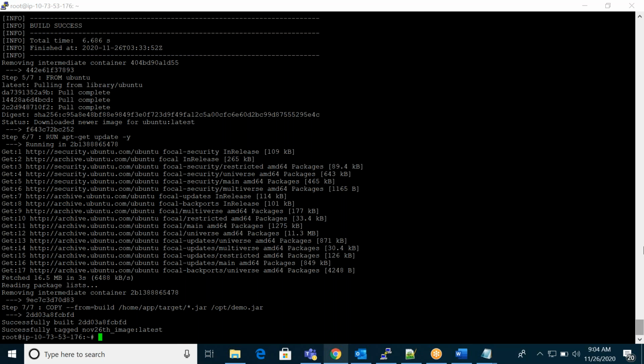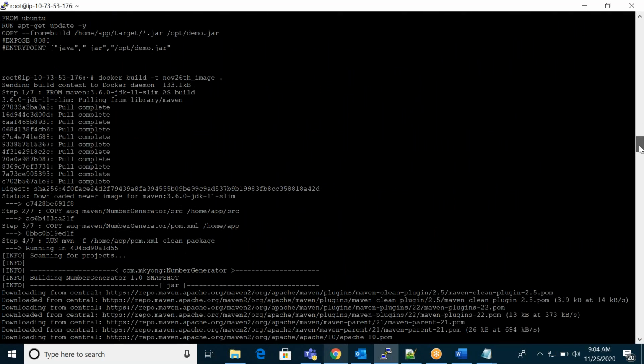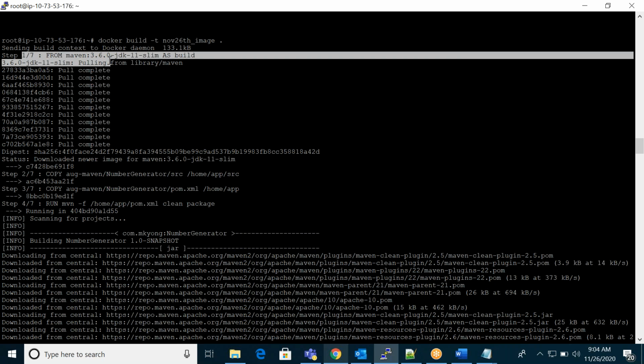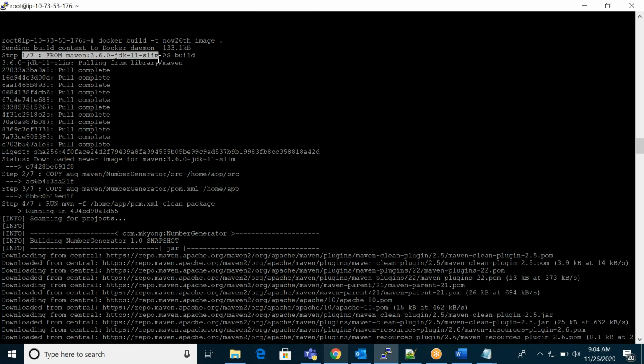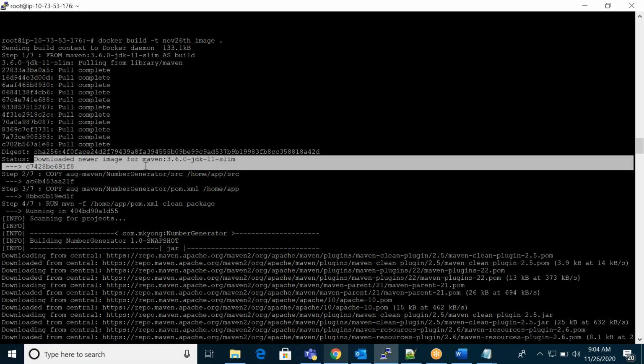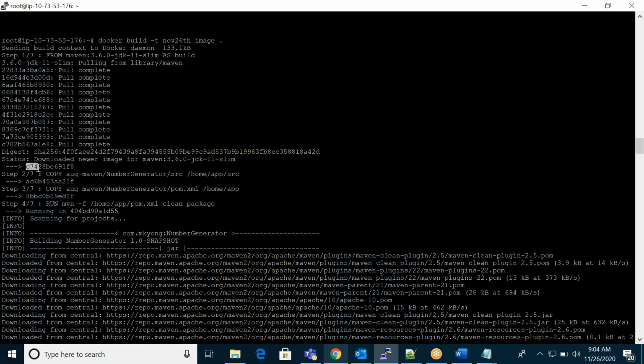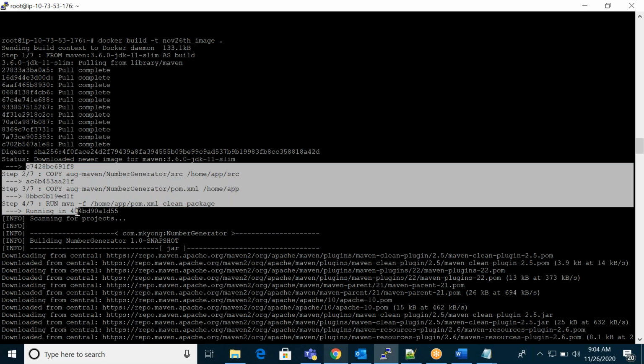If you go above, in my case I don't have this image in my local host, so by default it will first pull. You can see pulling, the steps done, then copying, second step, third step, fourth step.